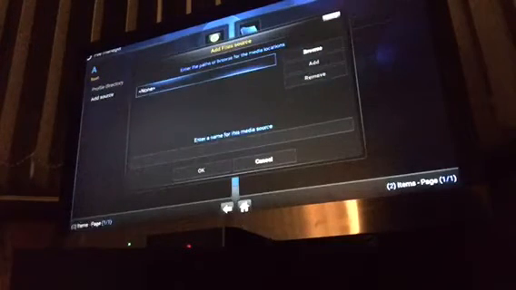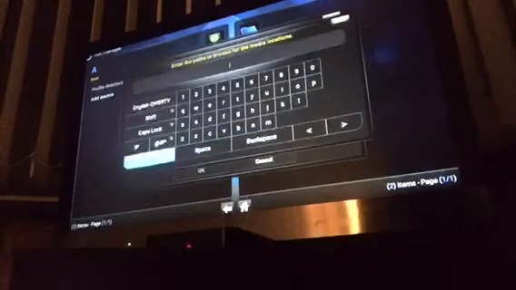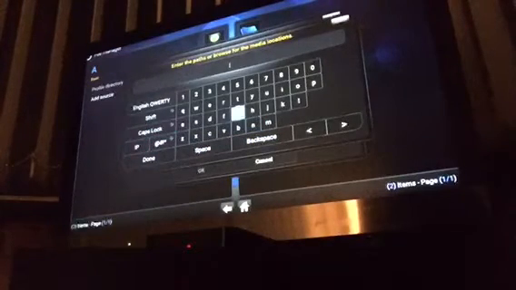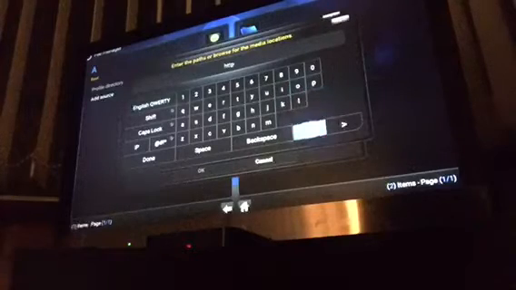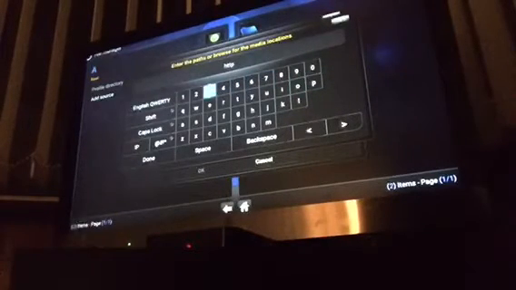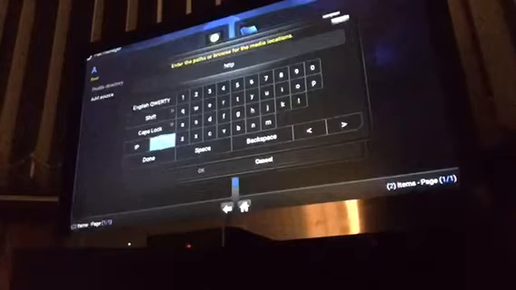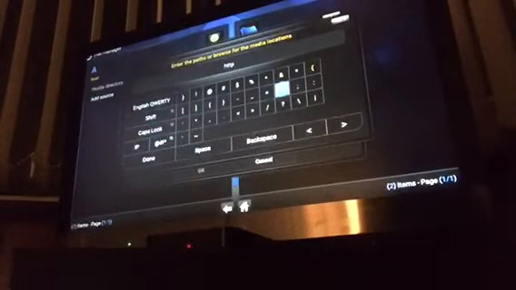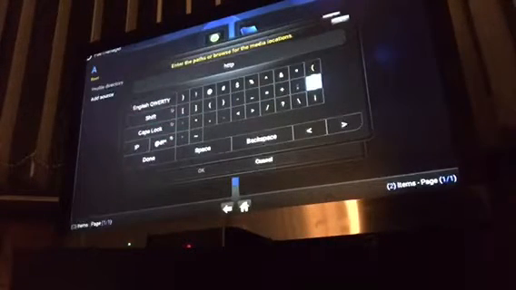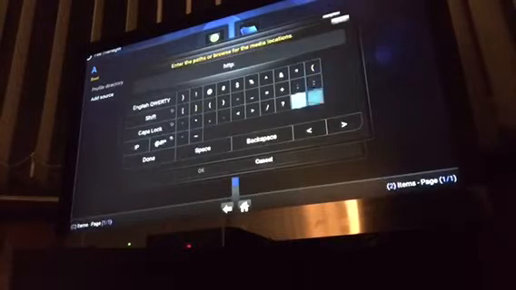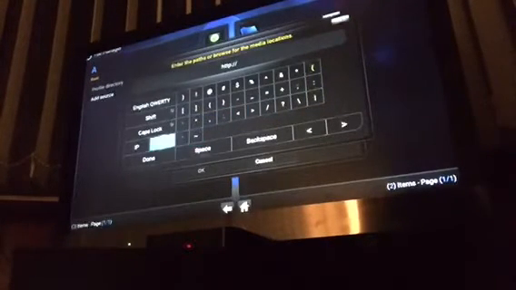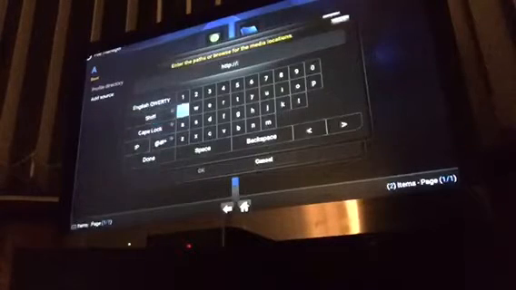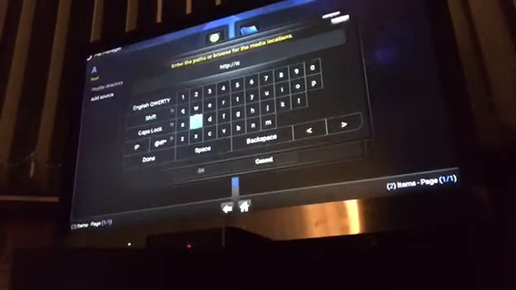Come down on the left hand side, where it's already highlighted where it says Profile Directory. Come down to Add Source. And where it says None, which comes up straight away, click into there and type HTTP, and then come along to this button which allows you to put fancy symbols in. I believe this is called a colon, it's like two full stops on top of each other. Then //, back to here, and you want Spartan,